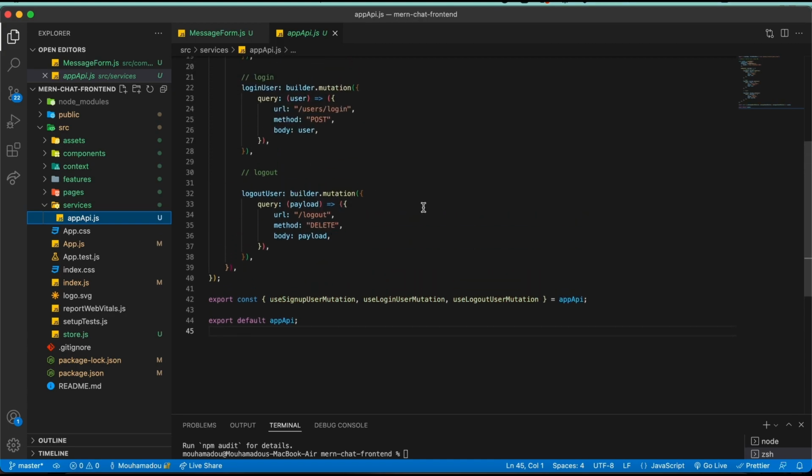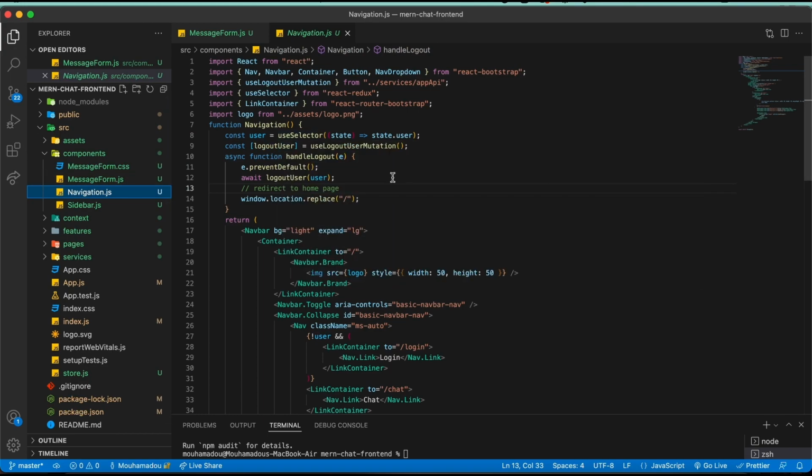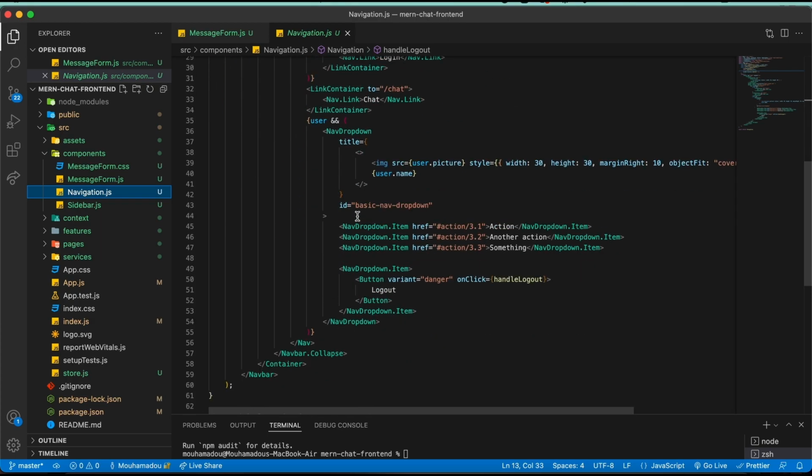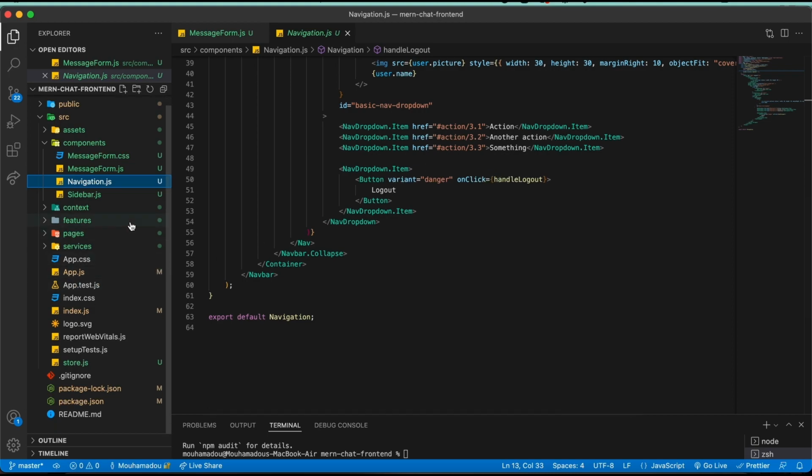So we have here the endpoint, and now we are going to log out from the navigation. So components, navigation. So here we have the logout user, we are calling it, and this button here, we are calling it here. All right, so this is the logout, and once we log out, we can look at